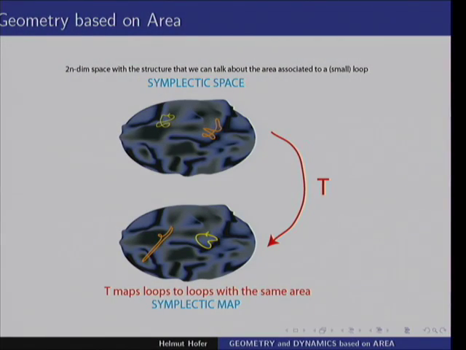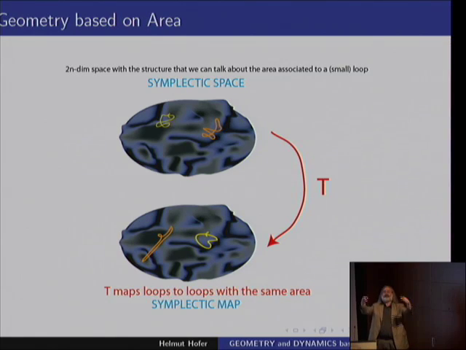compare it now with what I did before. What I did before was I explained the 3-dimensional space where I can talk about the distance between 2 states, or the space we live in. It has a structure having 2 positions or 2 states. I can talk about the distance. This here is a space, and I can talk about the area associated to a closed curve. The closed curve replaces the distance between 2 points.